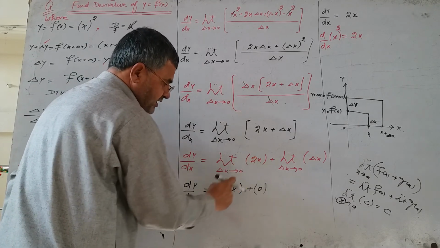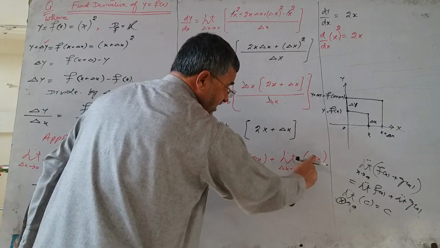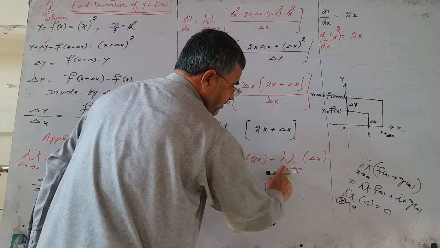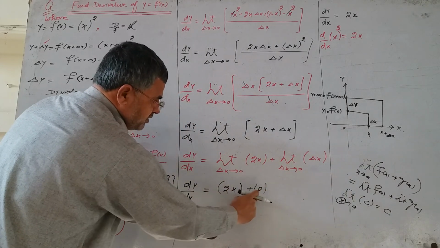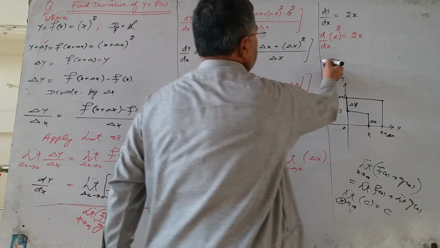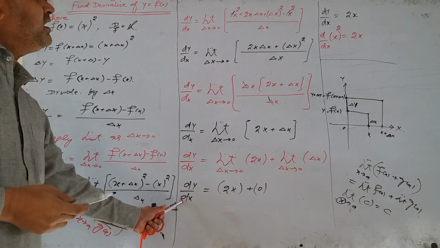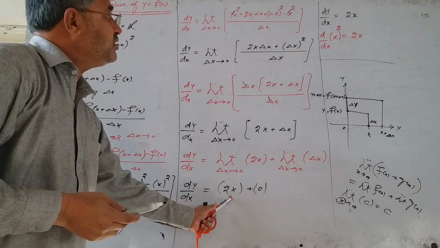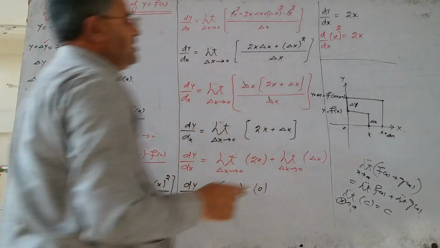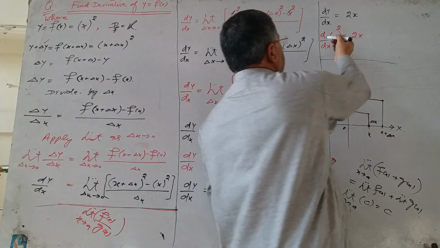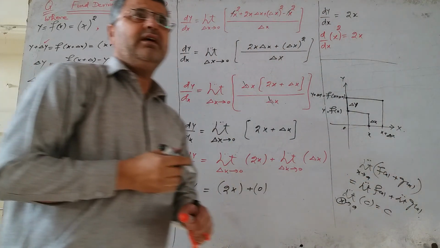Therefore, the limit of 2x is equal to 2x, and the limit of del x, where del x is the range of the limiting value, is equal to 0. So 2x plus 0 is equal to 2x. d divided by dx of y is equal to 2x plus 0, which is 2x. Now y in this case is equal to x square. Therefore, we conclude that the derivative of x square is equal to 2x, which is our required result.